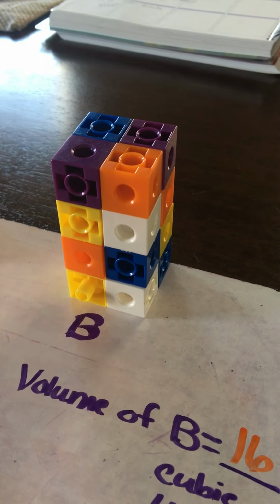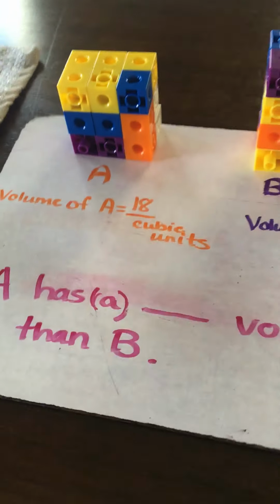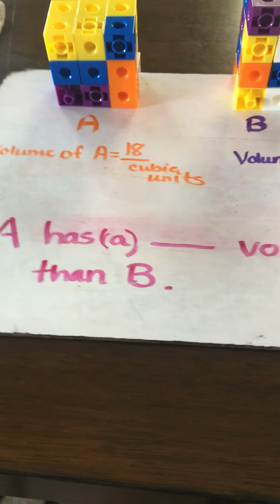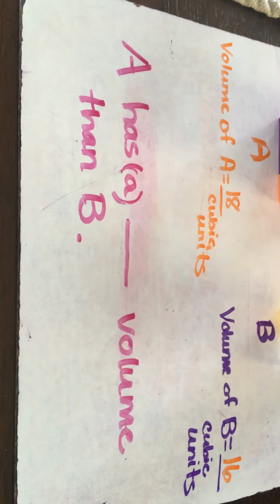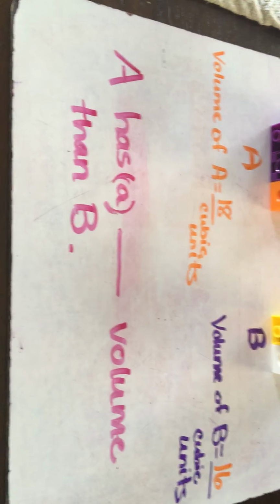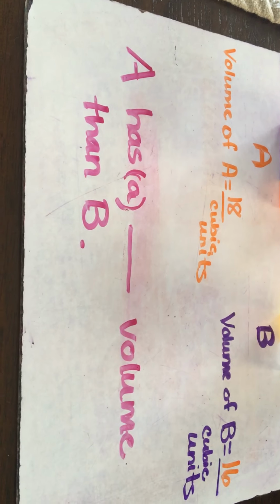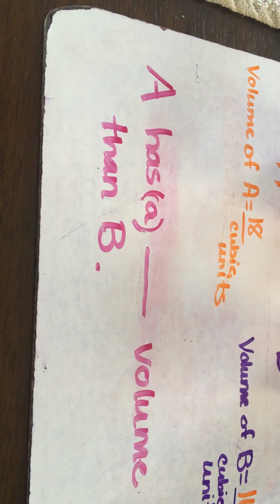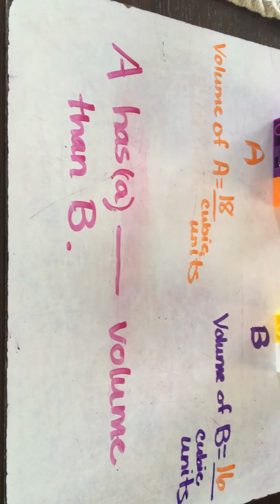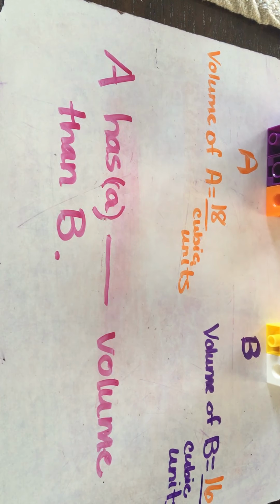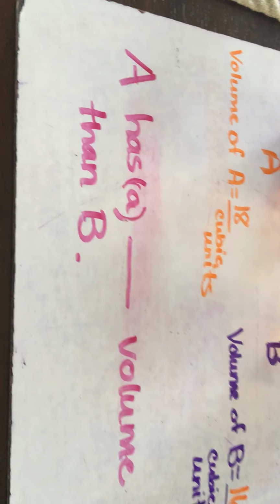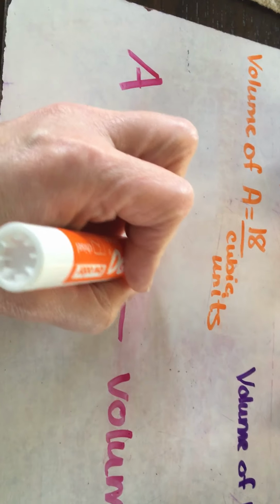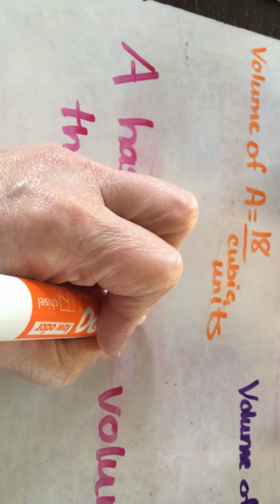Okay? So now when I'm going to compare, if I look at my picture down here, it says A has a blank volume than B. So I'm going to look at the words: does it have the same, does it have greater, or does it have less? So if A is 18 and B is 16, I would say A has a greater